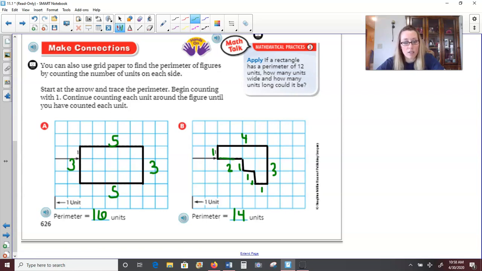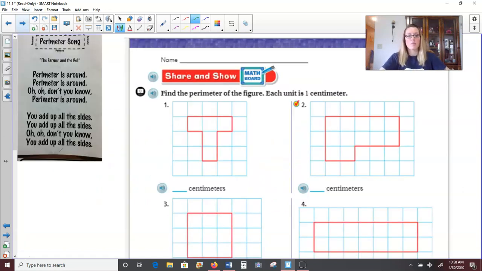It gets a little tricky when you have little stairs like this or upside down stairs, and you have to make sure you count each little zigzag part. All right, over to the next page here, the share and show. We need to find the perimeter of the figure, and this time it tells us that each unit is 1 centimeter. So now when we label, we're not going to be labeling in units, but instead we're going to label